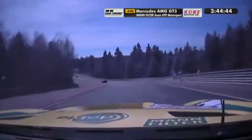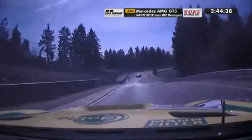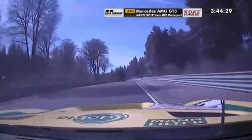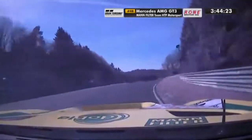Yellow flags waving there, and it's another intervention vehicle. It looked like it could have been a VW Golf or a Seat, but certainly looked like a small hatchback. Coming down towards Flugplatz now, and the Schwalbenschwanz, the second of the carousel areas. And when you know this part of the circuit is absolutely flat out, and you ride all the curbs,